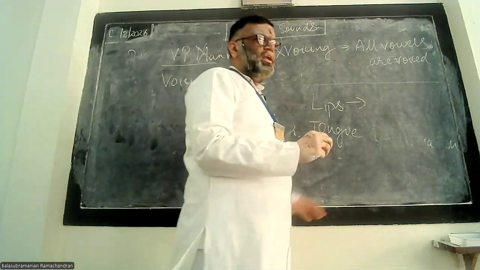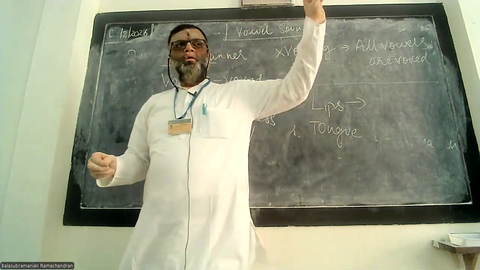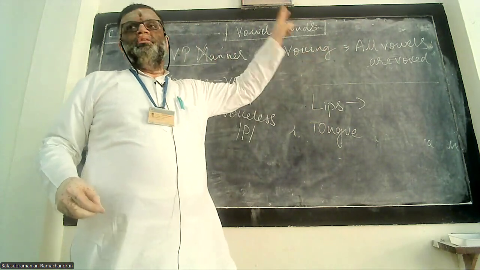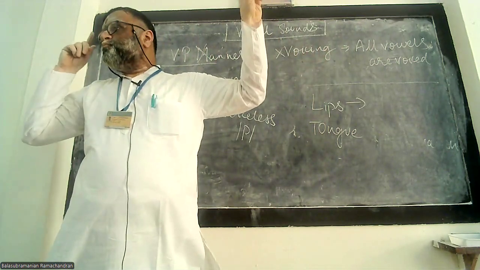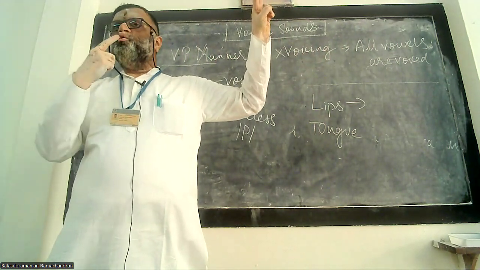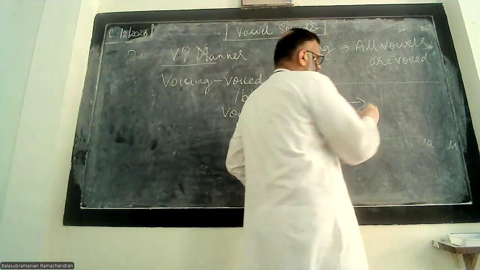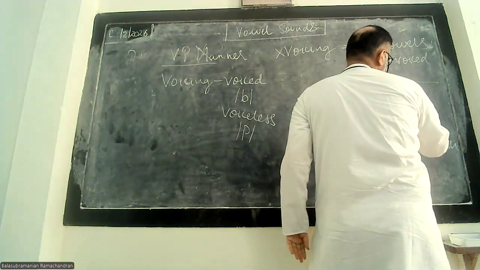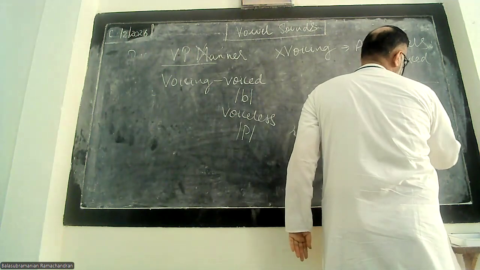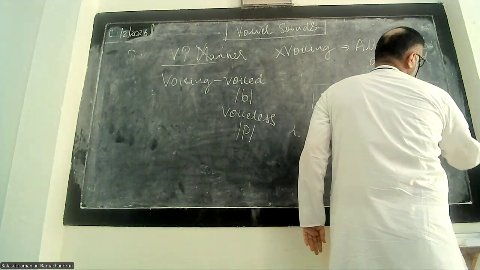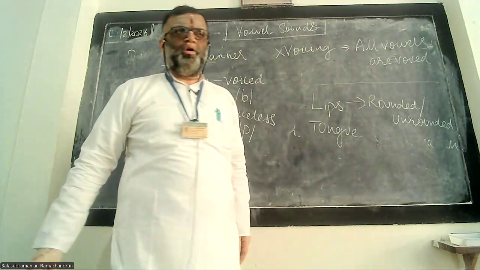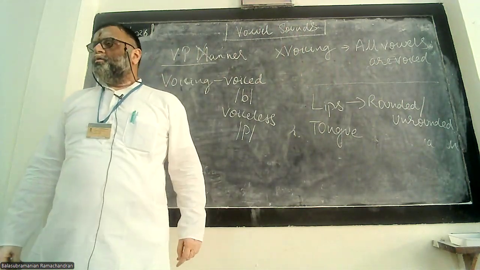There are only two states that the lips attain during the production of vowel sounds. For any vowel sound, either you are smiling or you are rounding it. So we can call it rounded or unrounded. So a vowel can be either rounded or unrounded. Very good. Shweta, you found it.